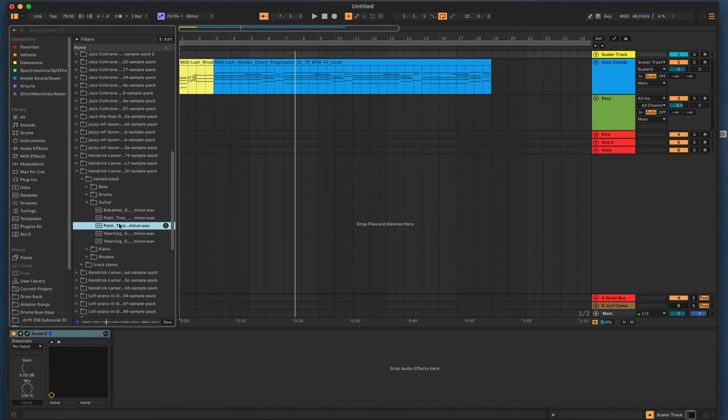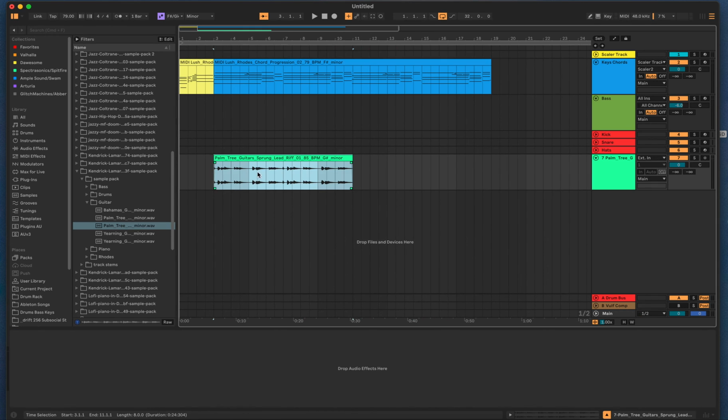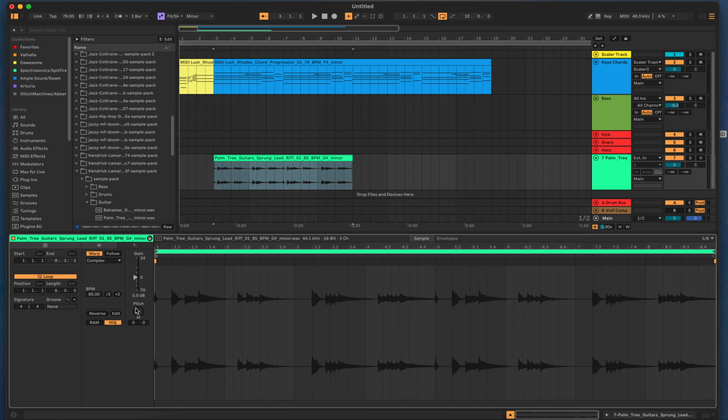Now this one's in G minor, so it probably won't fit here. It's in G sharp minor. You would have to get it back to F sharp minor, which is not too bad, right? Because then you just go 1, 2 semitones back. So if you went in here and pitched it 2 semitones,